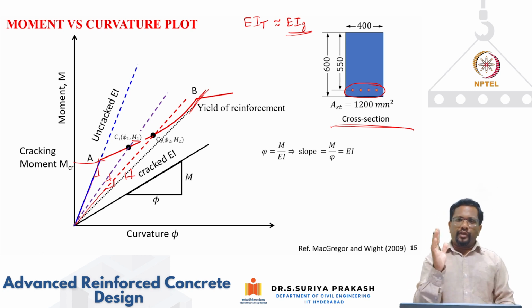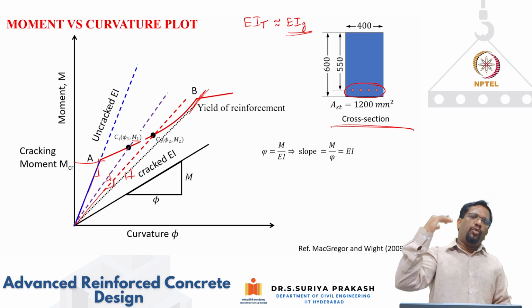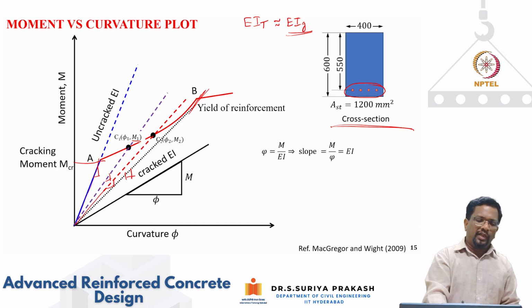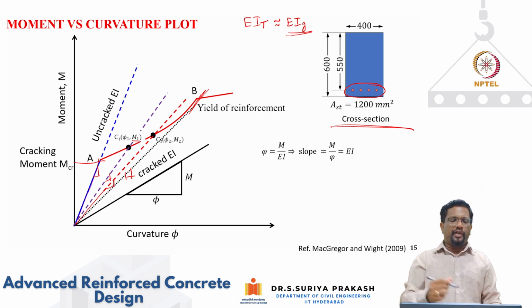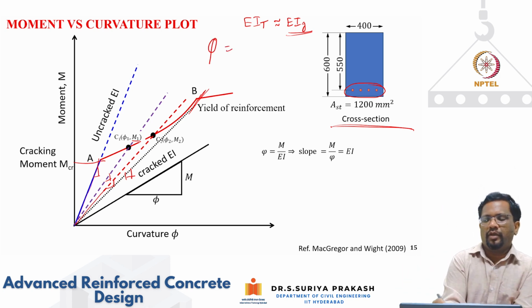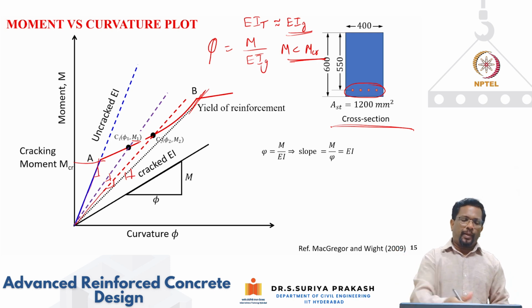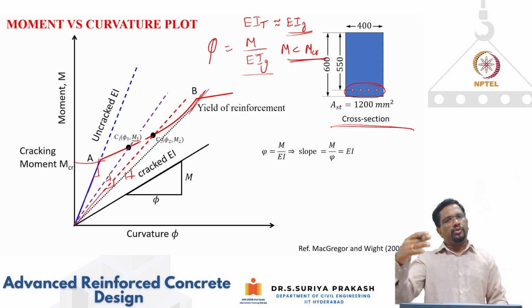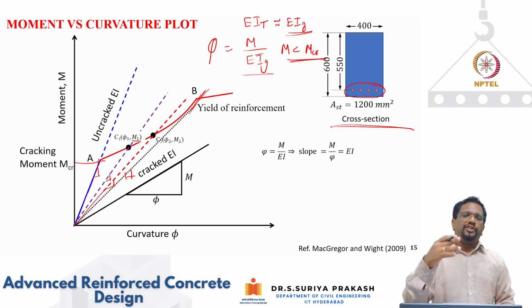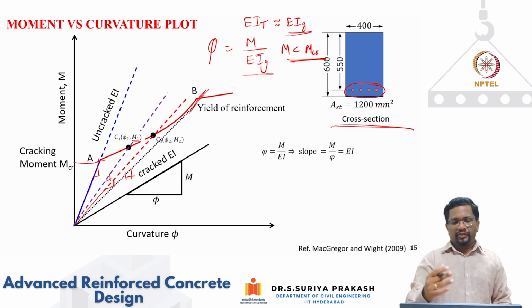Your EI is going to keep reducing depending upon the amount of moment. If moment is less than M cracking, I can quickly calculate my curvature as M divided by EIG, the gross moment of inertia, when your M is less than M cracking. Again, when M becomes more than M cracking, I cannot use this EI. EI is going to evolve, or in other words, E is not going to change much, but I is going to keep decreasing. So I have to do the proper calculations to find out what are my